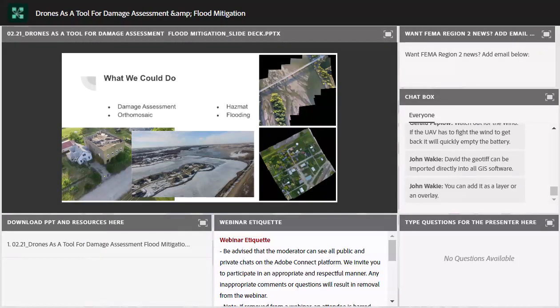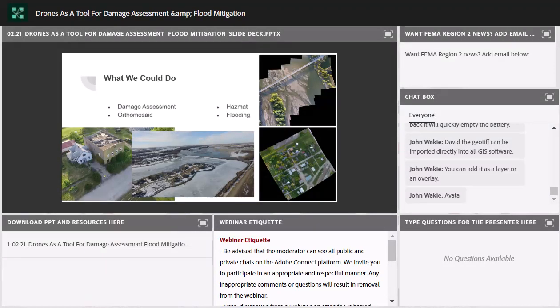For getting into small areas, I use a Mavic Mini, which is my own drone. It's a smaller drone. It does not have the proximity sensors on it that the Mavic 3 has. So if it gets within about